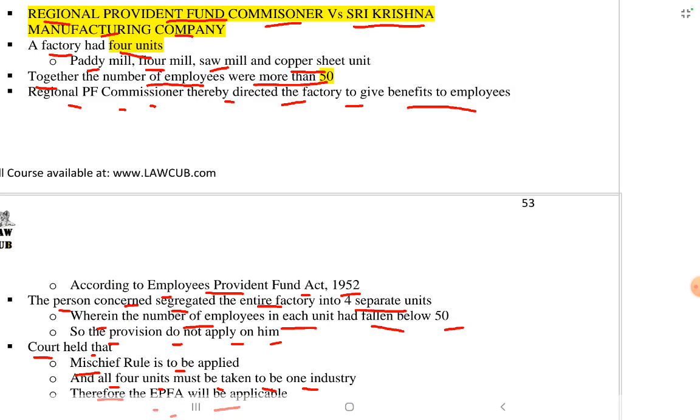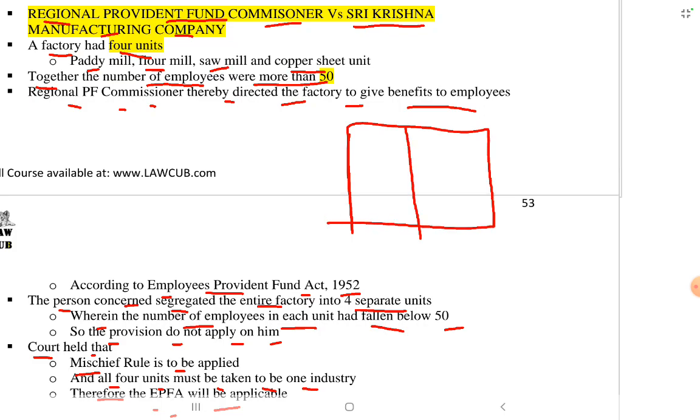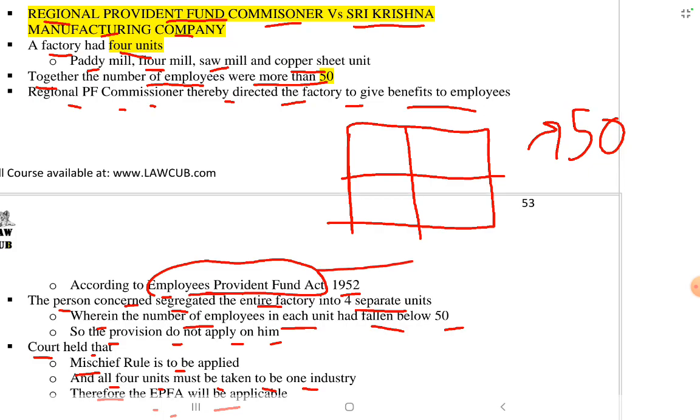What happened in this case was, there was a factory, it had 4 units. Together the number of employees in all units, the total was more than 50. And if there are more than 50 employees, in that case, the Employees Provident Fund Act will apply on that factory and benefits have to be given to the employees. So what the owner or person concerned did,